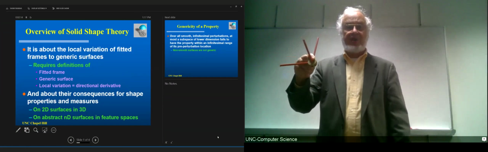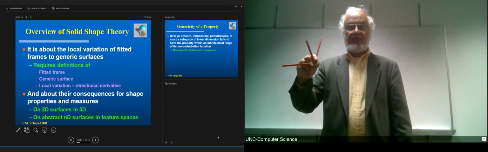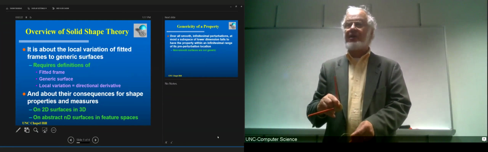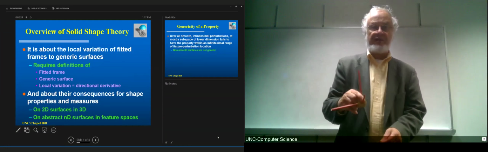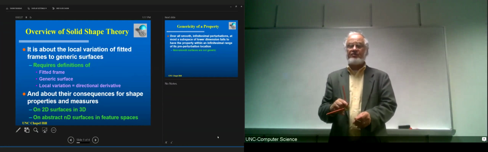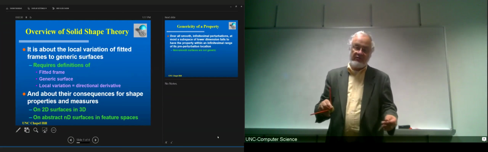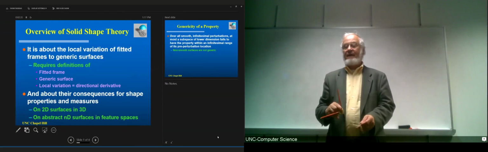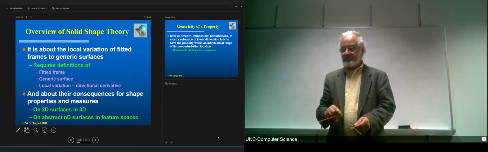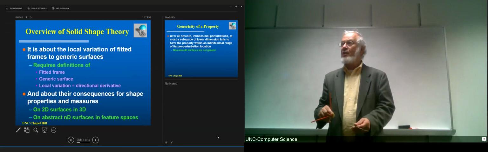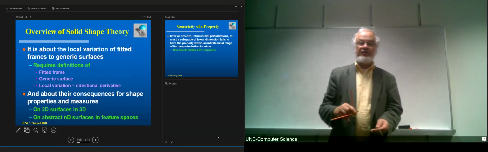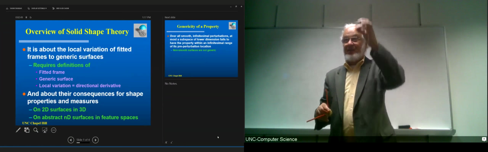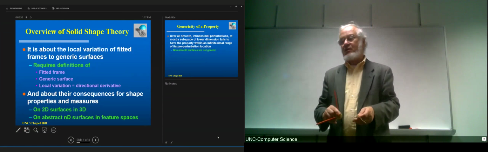I'll define it more precisely in a moment, that are going to be fitted to generic surfaces. And I have to define the term generic. Okay. But we're going to be talking about 2D surfaces in 3D. Certainly that describes the variety of surfaces that we have in anatomic objects. We're also going to be talking about 1D curves in 3D,